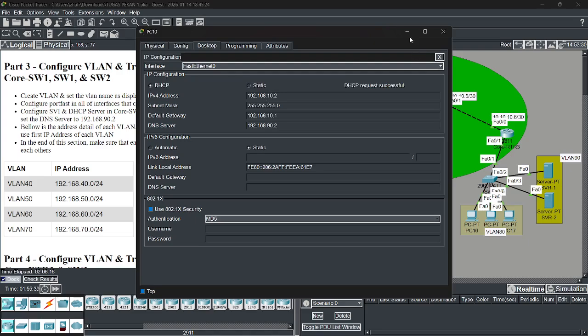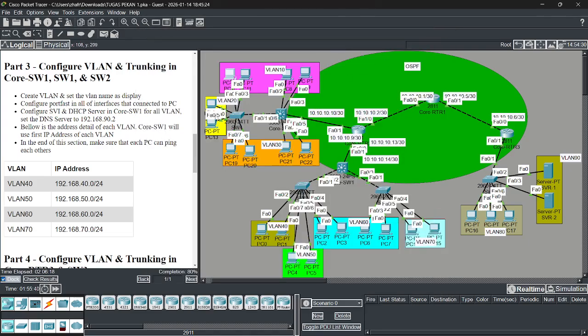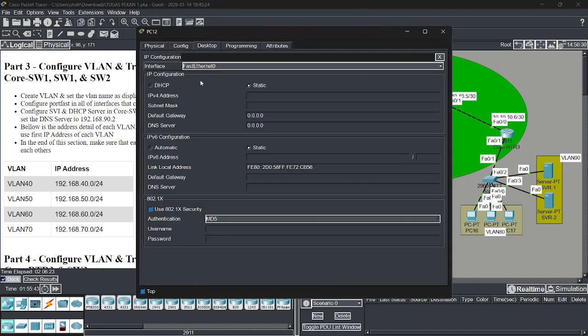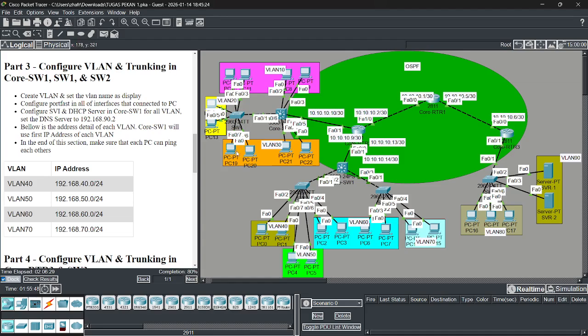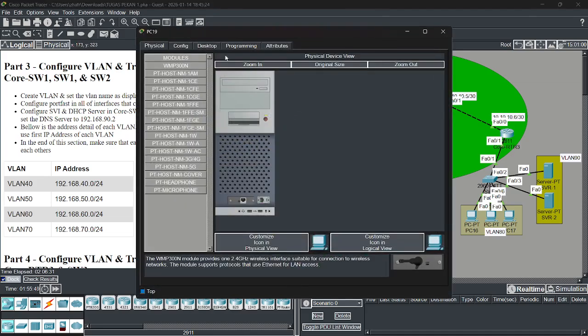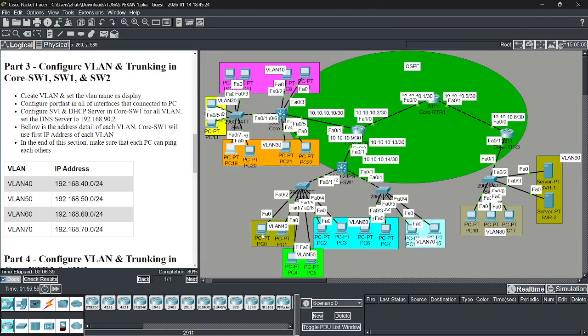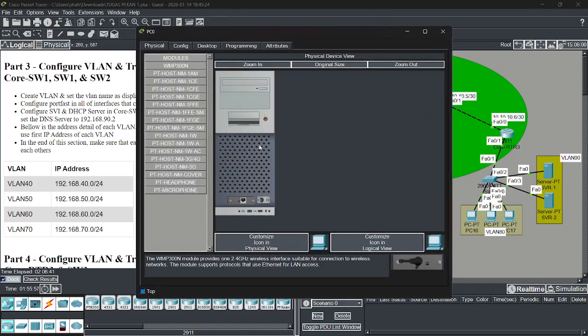Okay, success. VLAN 10 must be success, and then VLAN 30, success also, and then VLAN 40.